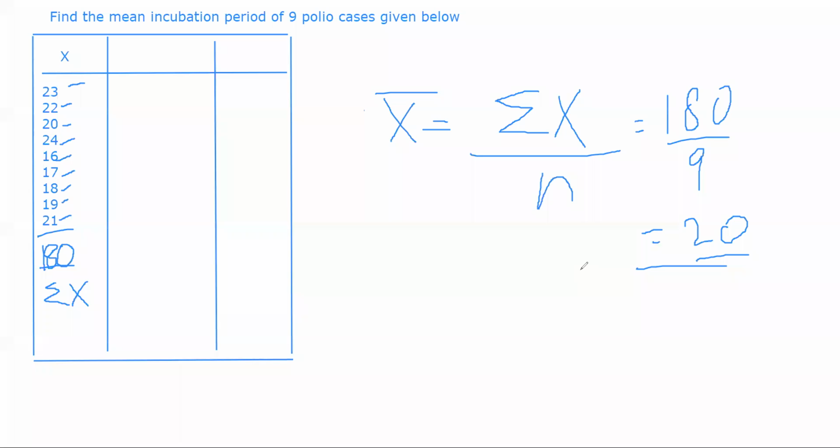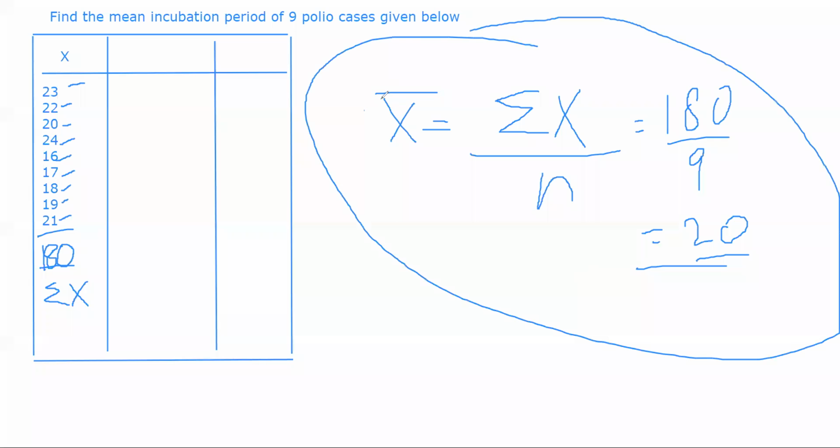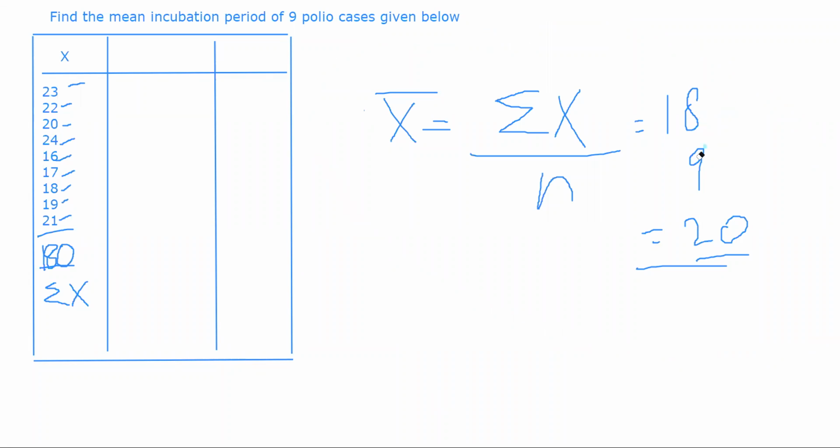Now let's suppose this is a little more hassle for you, उसको calculate करना मुश्किल हो रहा है आपको, ठीक है, because these numbers are not exactly easier to calculate with and you want to decrease the time. You can use another method. This method is your direct mean method, okay, what I just taught you. There is another method called assumed mean method. Assumed mean method में क्या करते हैं? You will assume a mean.